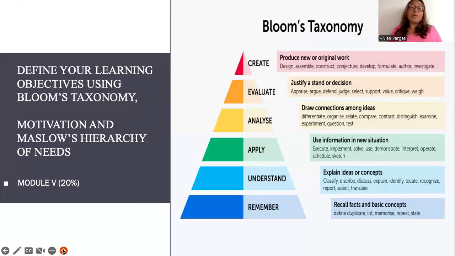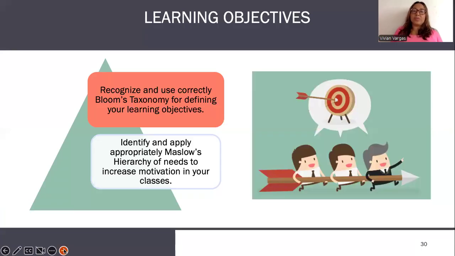And then finally, number 5, here we have 2 classes, 2 weeks. For the first one, we define your learning objectives using Bloom's taxonomy, and this is awesome. I invite you to use this in your classes after we study motivation and Maslow's hierarchy of needs. And this is super, super important because it's going to help you understand not only your students as human beings, but all human beings as you are able to see them. Okay? So, then we have the learning objectives related to the topics.